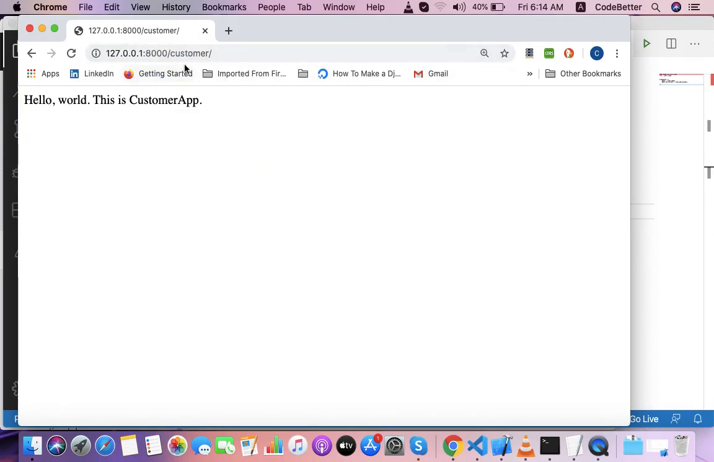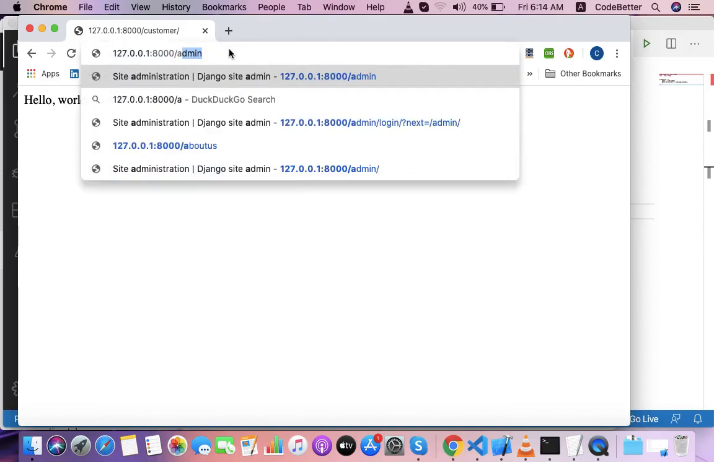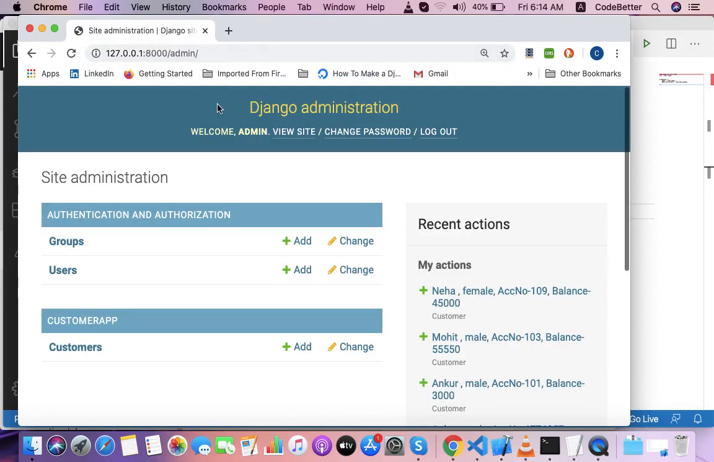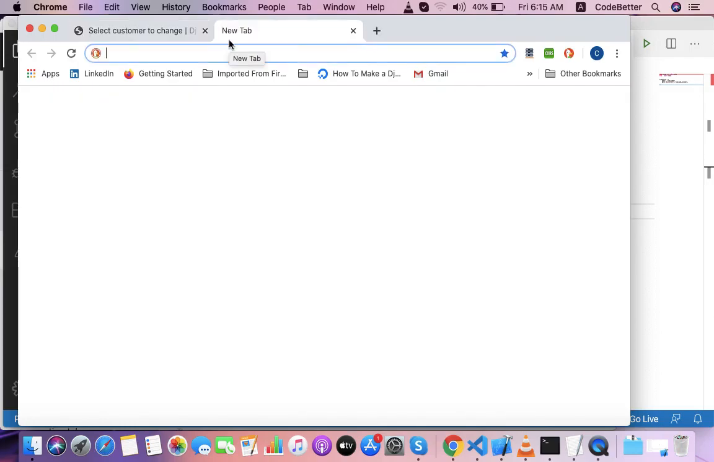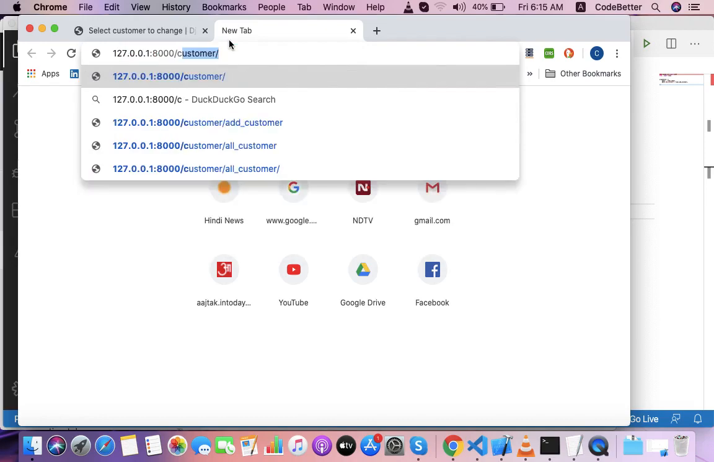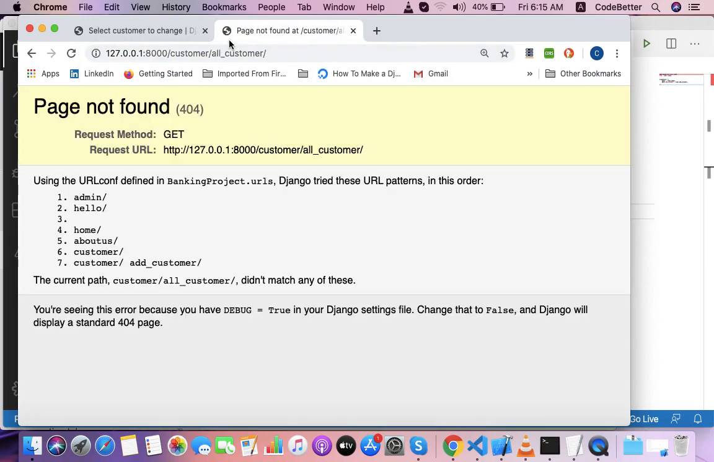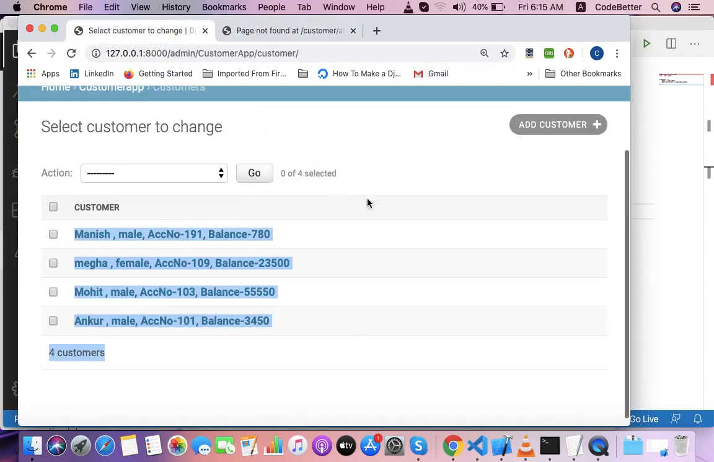we have one database. So let's go to the admin panel of this Django application. In this application we have customer app, and in this customer app we have data of customers: customer name, gender, account number, balance. Now we want to display this data through some URL like /all customer. If I try all customer, this should display all the data of the Django database, because I don't